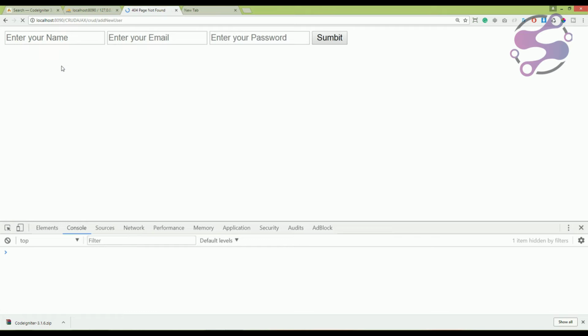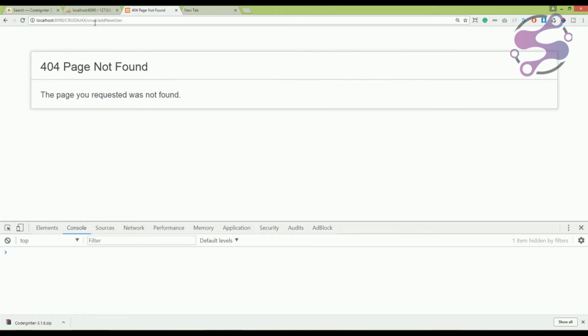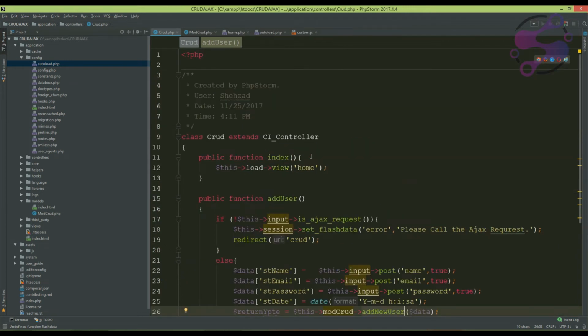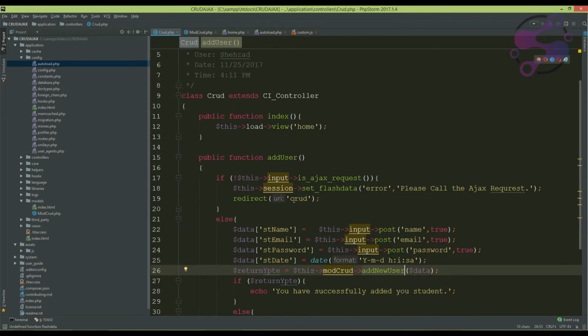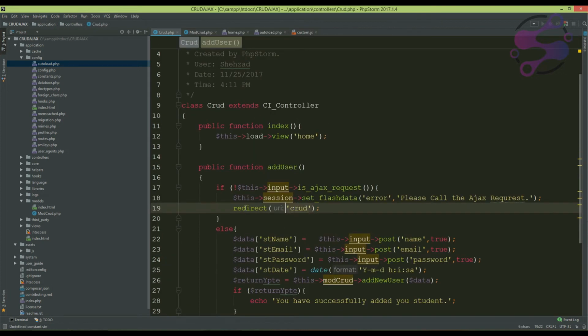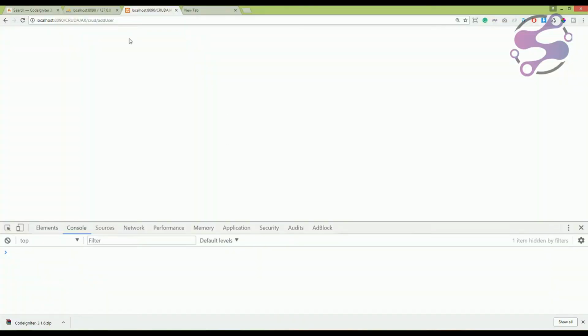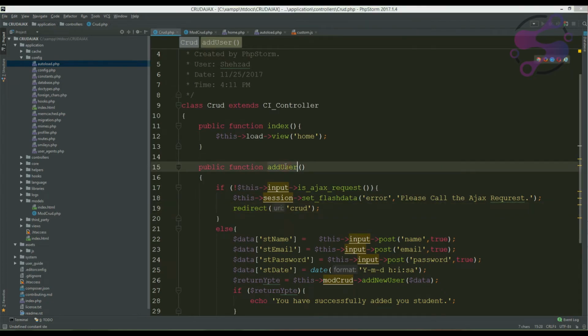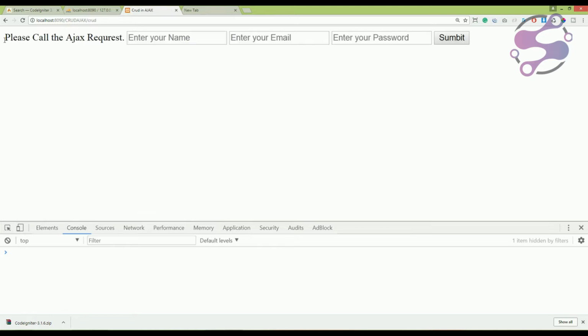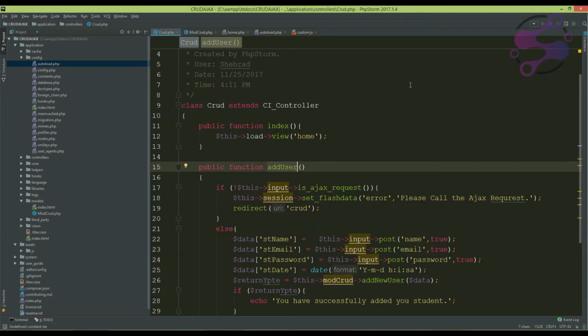So now it should redirect to a particular page. So it's saying it's not available. Why is it saying it's not available? Because we are redirecting. Where is the redirect method? CRUD. So here is your CRUD. Okay, we are just passing the wrong URL. Just add user, you can directly access add user now. It should redirect to a controller. Now it's saying please call the Ajax request. So you have successfully